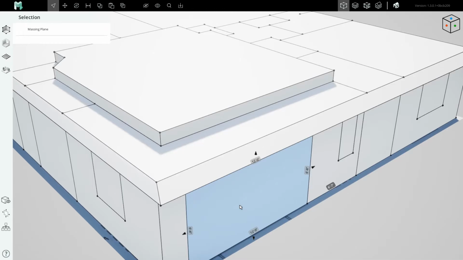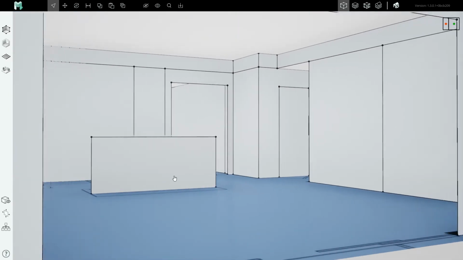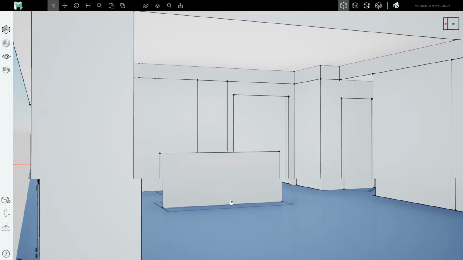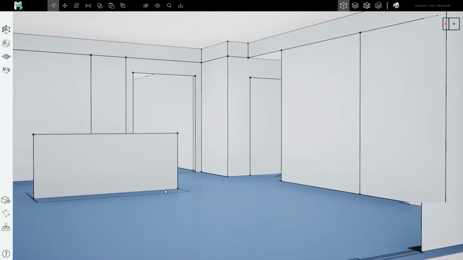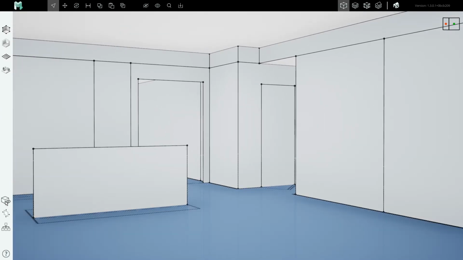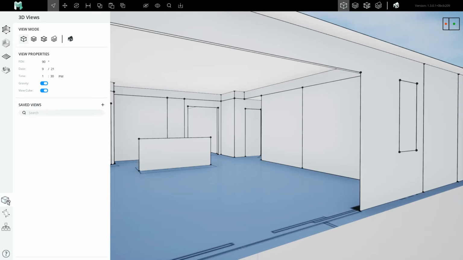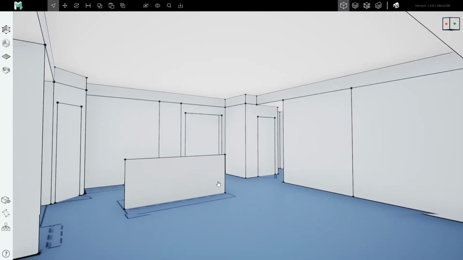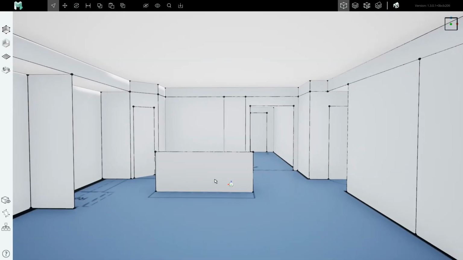If I hide this sliding door, and we want to judge and see how the room looks and feels, is this a good thing for the design of the room, or is it not worth it? That's the question. We can also use this tool. We can widen our camera field of view to make it feel more like we are walking through the space. A human's eye is somewhere between 90 and 100 degrees of field of view, and when you're working on interiors, 90 to 100 is a great